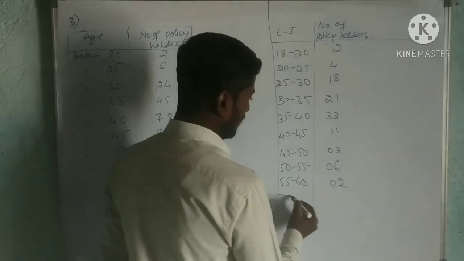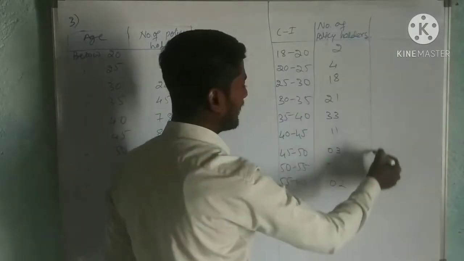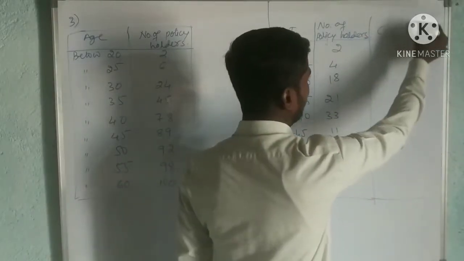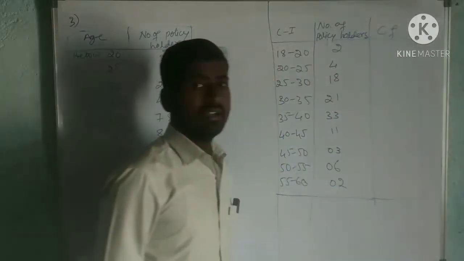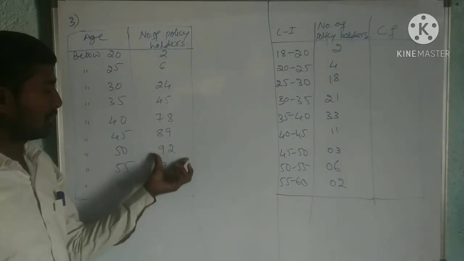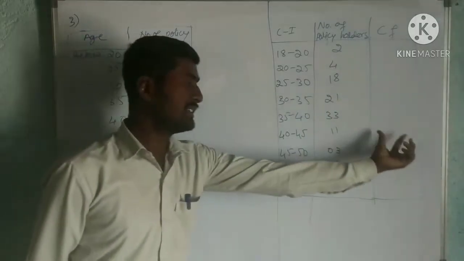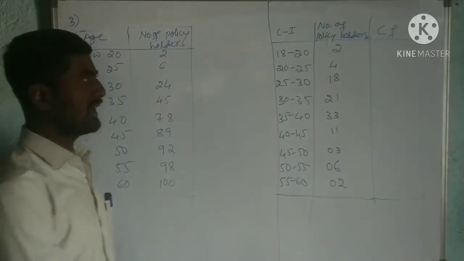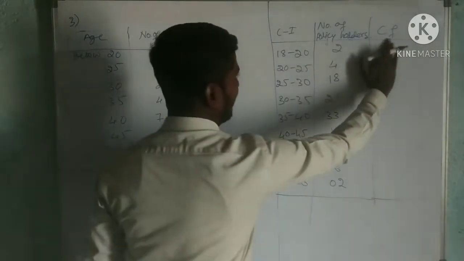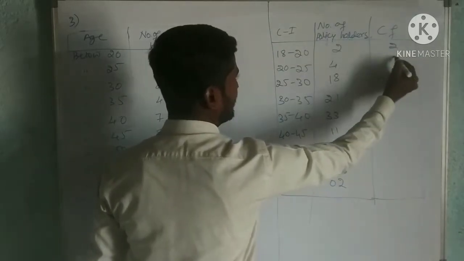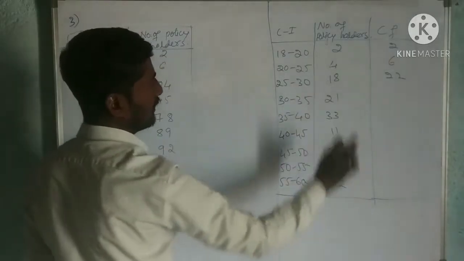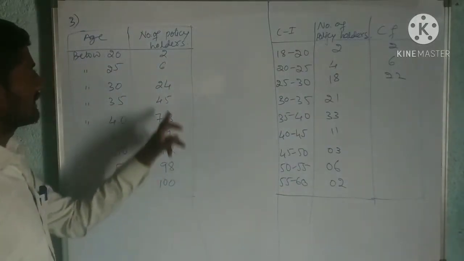Now we have to find the median age. For that I need one more column, that is CF, cumulative frequency. If they give a less than type table, this will become the cumulative frequency. Here I can directly write these values. Otherwise you can add, and again I will get the same answer. First 2 I will write as it is. Then 2 plus 4, 6. Then 18 plus 4, 22. I think I made a mistake.